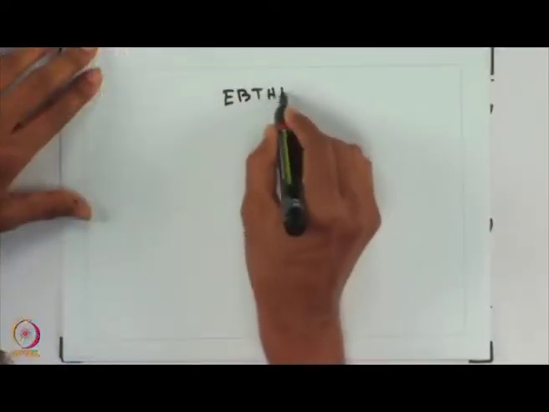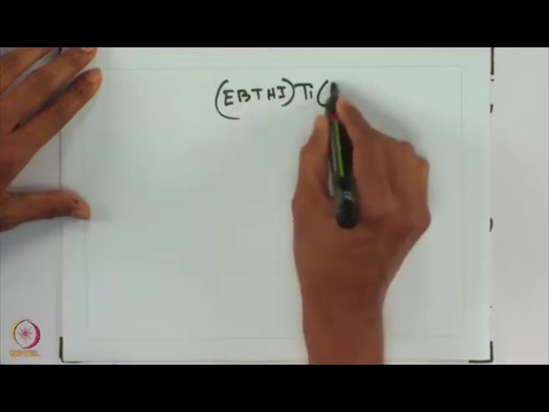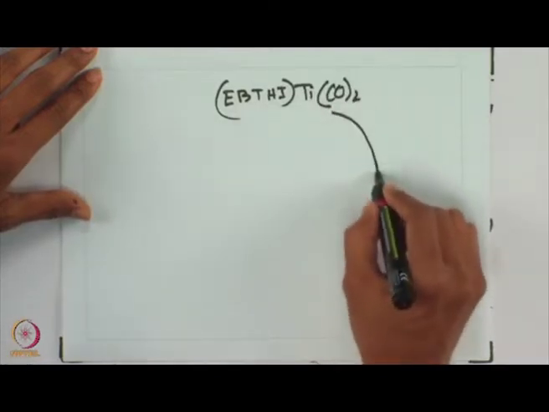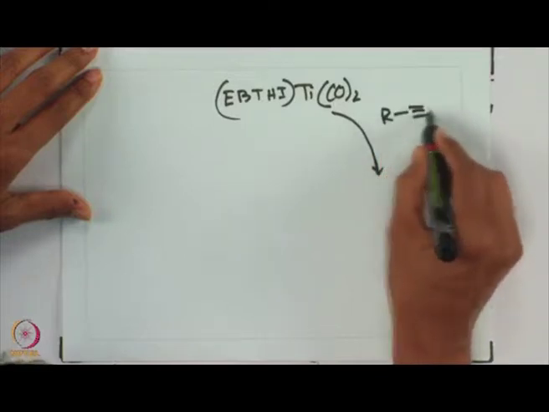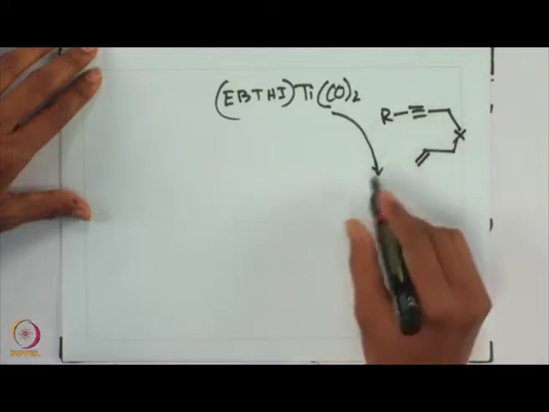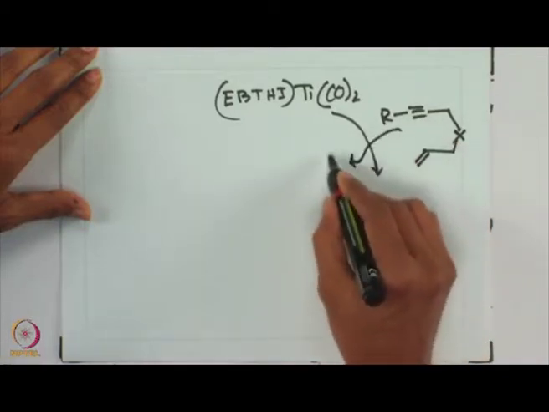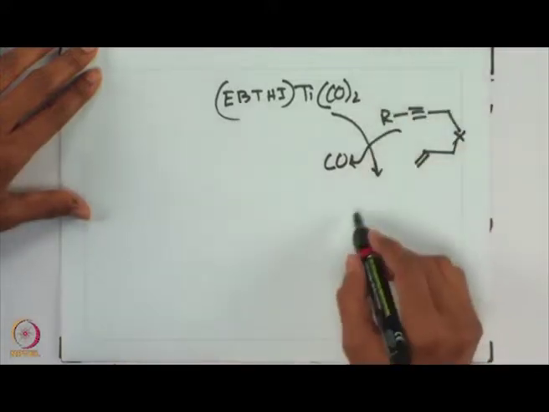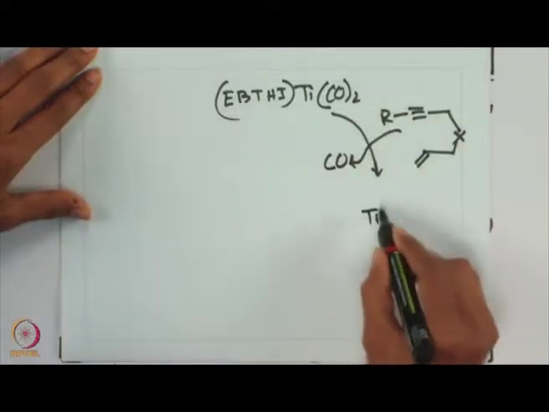Once again, this is a very simple Pauson-Khand type of reaction mechanism that we were discussing earlier. Let us look at that example where the Pauson-Khand reaction mechanism is discussed. The ligand that we were using is that EBTHI titanium dicarbonyl species. From here on, the substrate that is required is intramolecular, this alkyne and olefin one, and this substrate comes in, one of the carbon monoxide goes out, and overall you form a